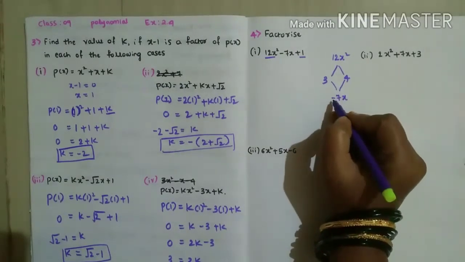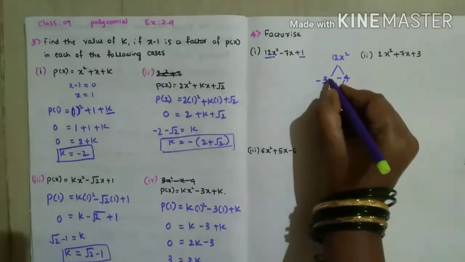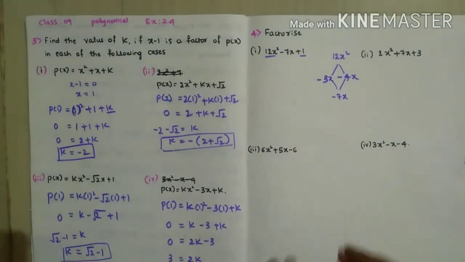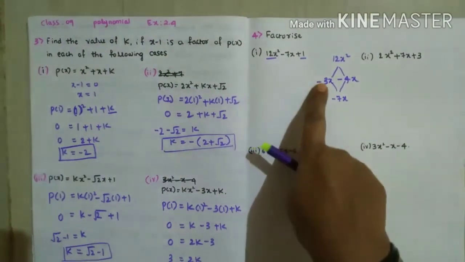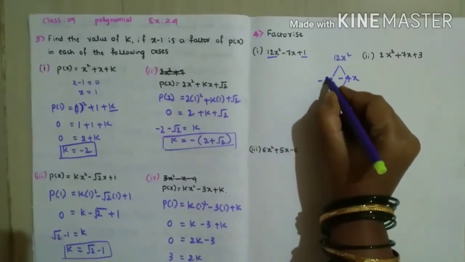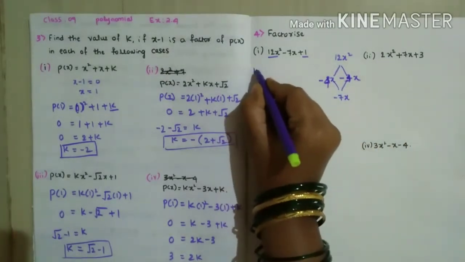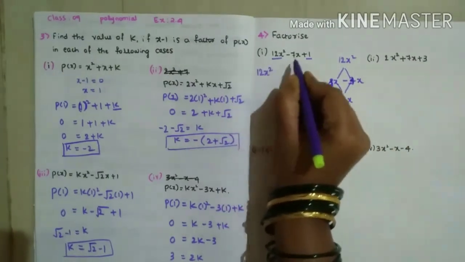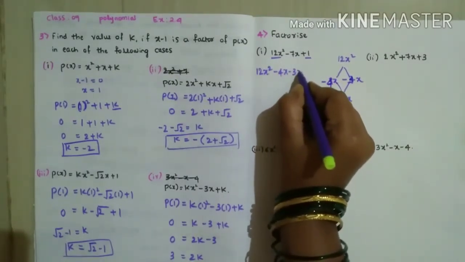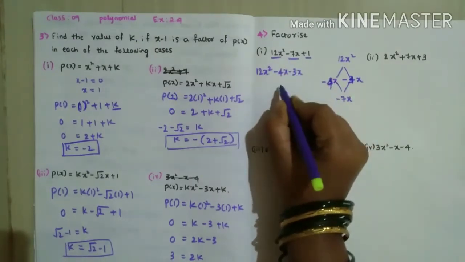So here we want to get minus, which means both also you have to take as minus, because we want to get minus 7x. So x you take. Now in place of minus 7x you have to write minus 3x minus 4x. One more condition is the bigger number you should write first. Here 4 you write, then 3. Okay, now I will write 12x square, in place of minus 7x I will write minus 4x and minus 3x. If you add, the same answer we are going to get, plus 1.